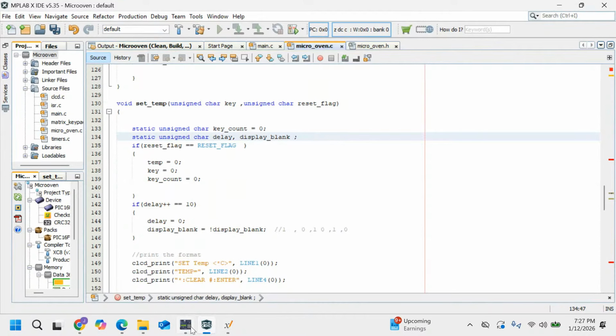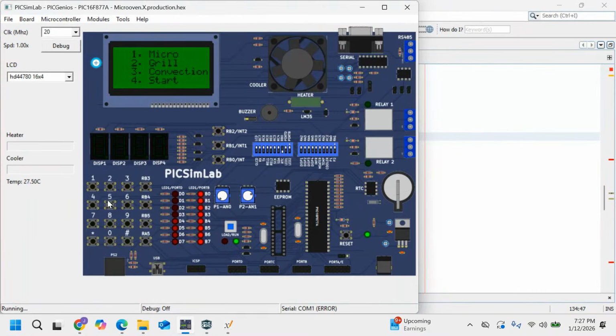Okay, fine. However, we will see. I'm selecting 3, the convection mode. Then I'm entering the temperature. 1, 2, and 4. Why is it not going? Yeah, 1, 2, 4 entered. Okay, then clear was not working. Let us try one more time. 1,